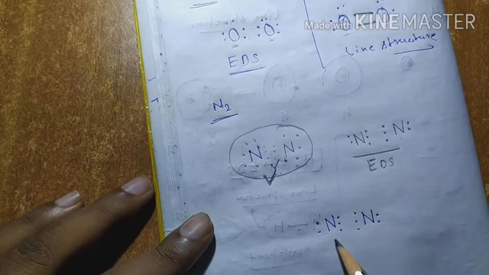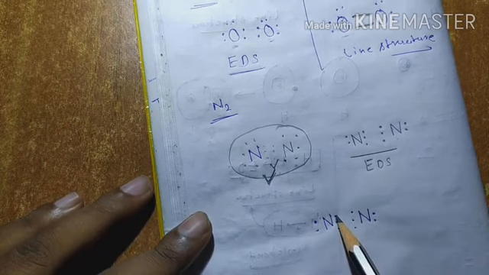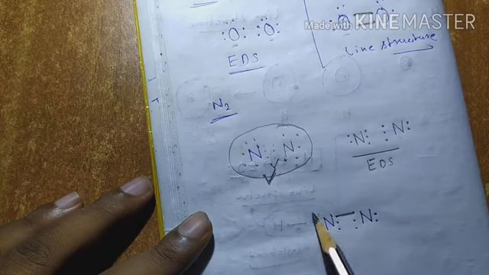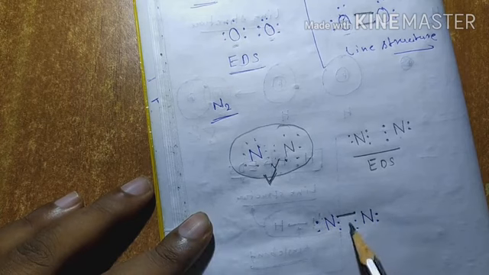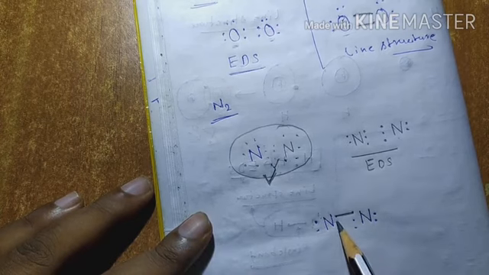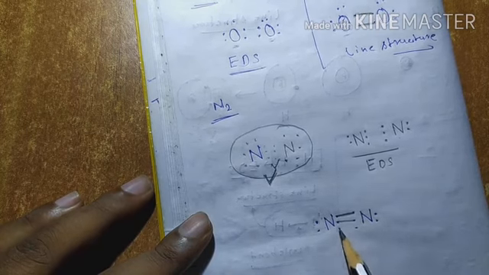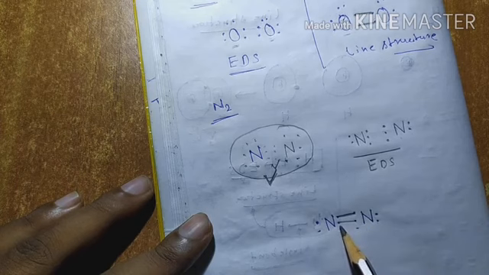There are a total of 5 electrons. So they need 3 electrons to complete their octet. So make a line. This is a single bond. Now count 1, 2, 3, 4, 5, 6 electrons are now in the valence shell. It means 2 electrons are still less to become 8. Now again this one, count valence electrons: 1, 2, 3, 4, 5, 6, 7. So for this there are 7 electrons, and for this also 7 electrons.